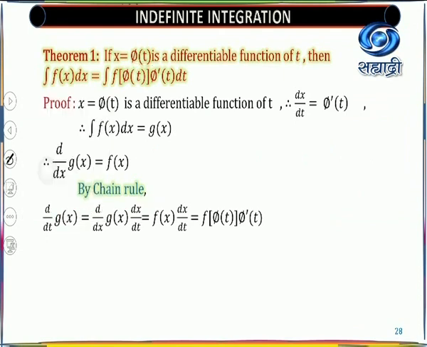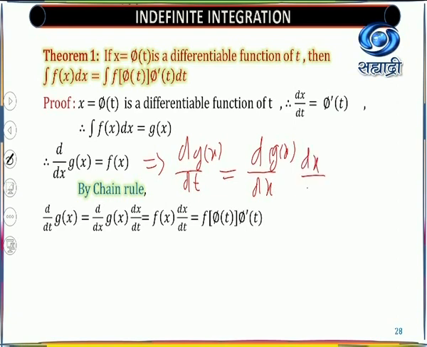Okay, so we'll start with that. Here you will get d by dx of g(x). Now we don't want x, we want t. So we want the derivative of g(x) with respect to t. Now we don't have t because we have x. So we'll write this as d by dx of g(x), and this is multiplied by dx by dt. It is like a product. Okay, so this dx and dx will get cancelled and you will get d by dt of g(x). Okay, now what is d by dx of g(x)? That value is here. That is nothing but f(x).